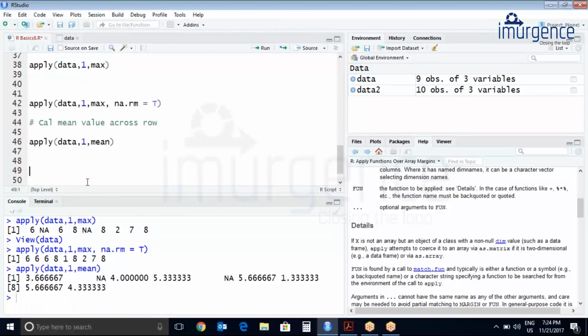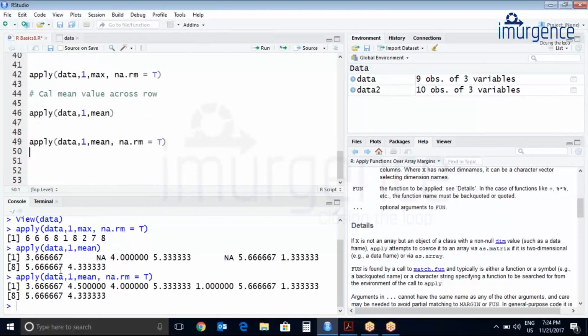Again, I have to add na.rm equals to true. First mean, comma, na.rm equals to true. Let's see. Now I can get the mean value across rows, or you can say each row in this thing.